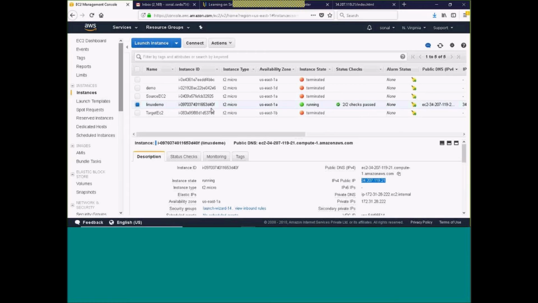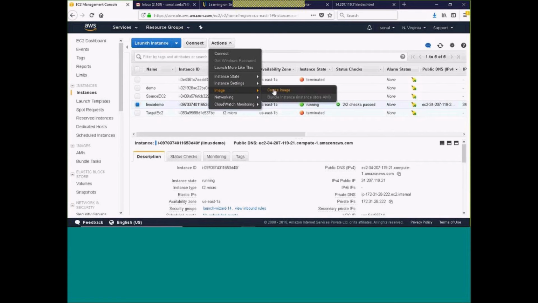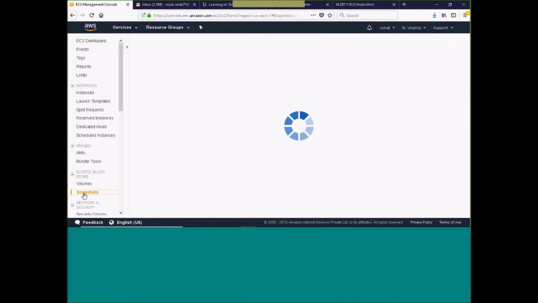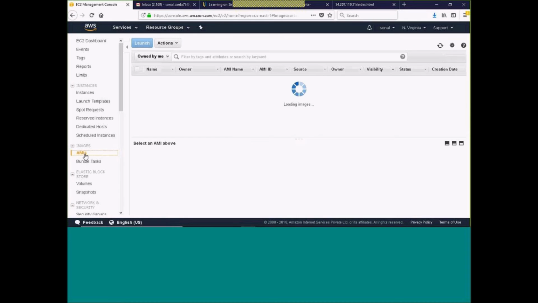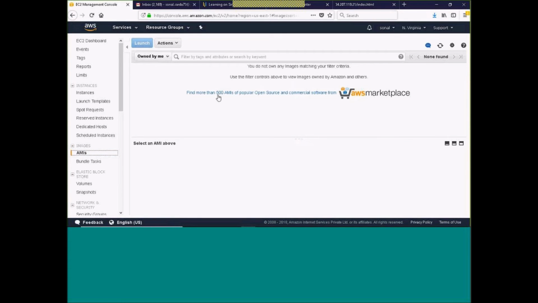Let's create an AMI. So management console. Now I want to create an AMI. What you can do is click on the instance and here you have image, create AMI. Before I create an AMI, I just want to show you something and then we'll come back here. If I click on snapshot on the left EC2 dashboard, there are no snapshots over here, right? If I click on AMI, there are no AMIs. Means as you create an AMI, it will list over here whatever AMI you have created.